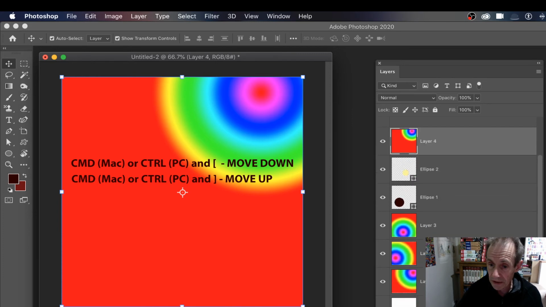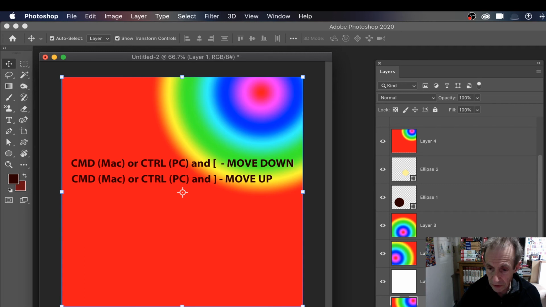Now, the biggest issue, of course, is the background. If you want to make certain that you can move things around that, or that you want to move the background, what you can do is simply go there and click. So just click, and now it's unlocked. You notice when you unlock it, when you turn the background into a normal layer, it becomes Layer 0. And then you can drag it below, and you'll see as you drag below,